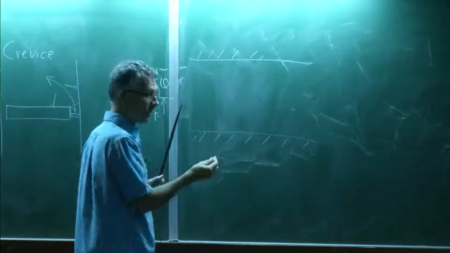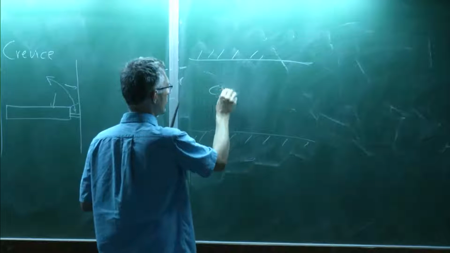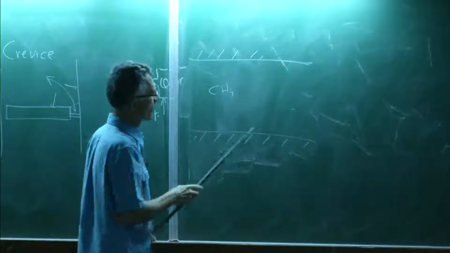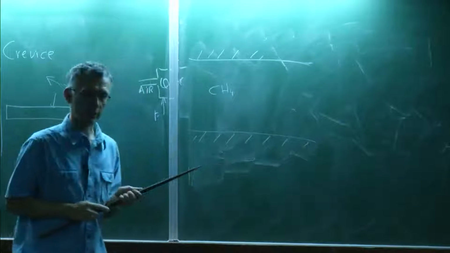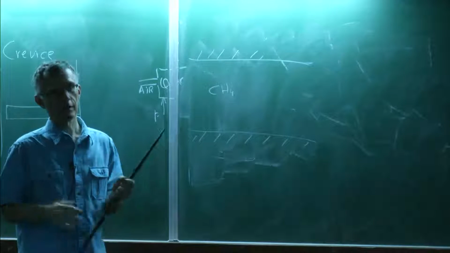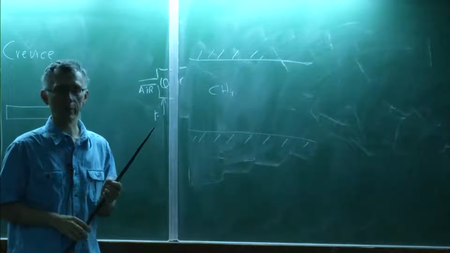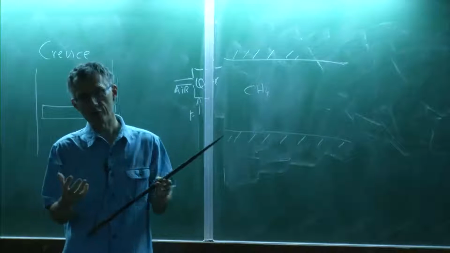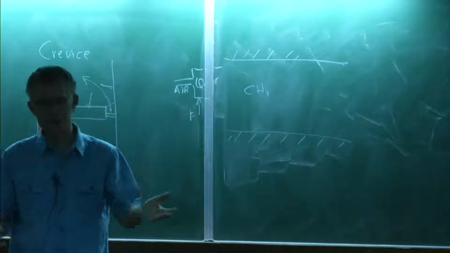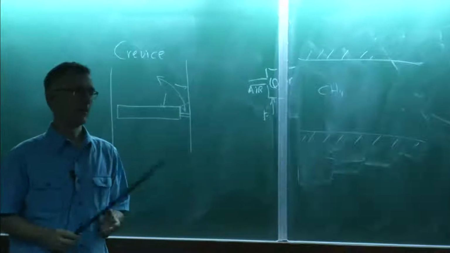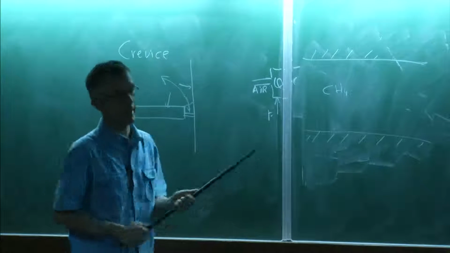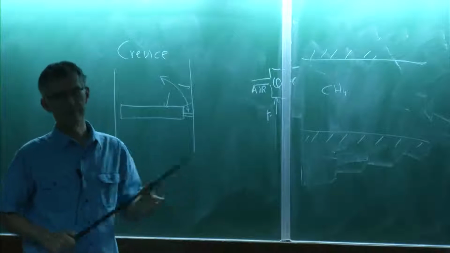You extract the coal, but you also extract gas, mostly CH4. And if you have enough CH4 in a zone like this, you have air, of course. Let's think we're talking about the beginning of the 19th century. You have air, you have methane, and there's another thing you carry with you. There was no electricity, so you carry a lamp.